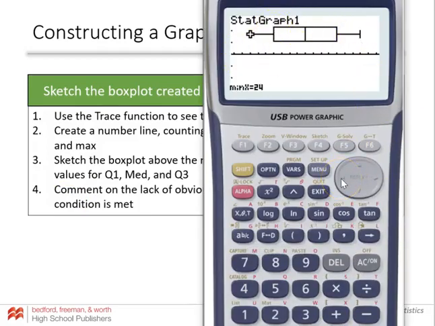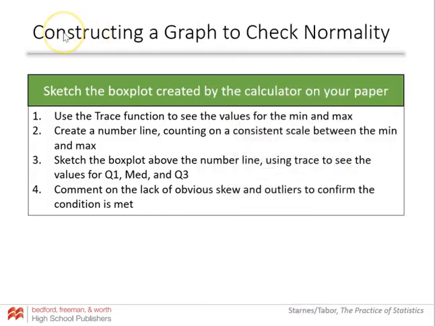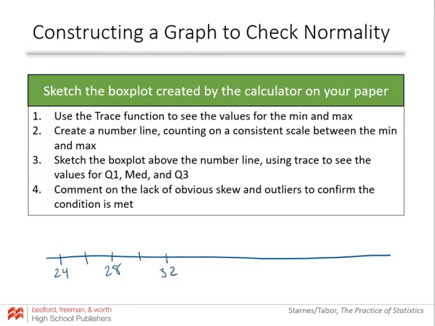So what I would do is I would use the trace function to look at the min and the max. So the min is 24 and the max is 38. So I know that my number line that I'm going to draw has to go from at least 24 to at least 38. Okay, so I'm going to draw a number line here. We can go ahead and start at 24 and let's count by twos because it's not a very big gap there. So 26, 28, 30, 32, 34, 36,